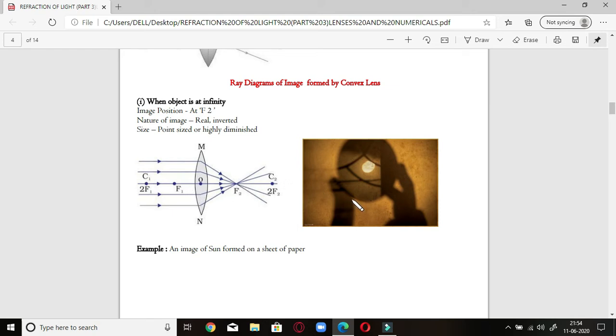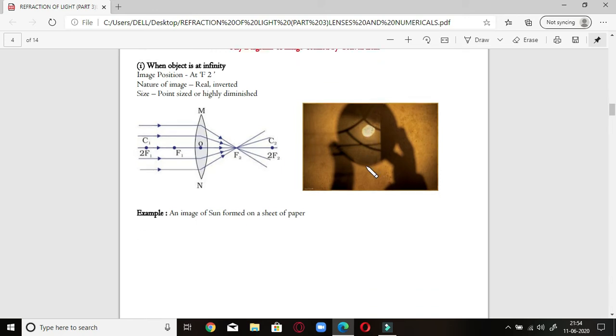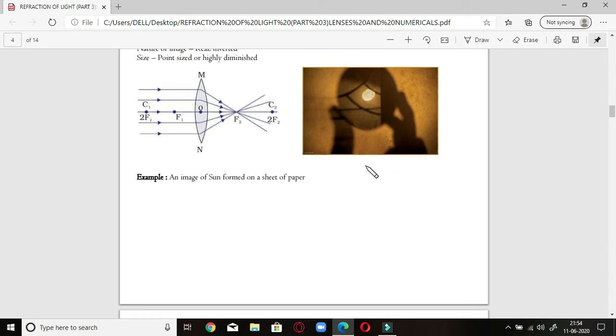Now look at it, as we have seen that rays are coming from the sun, which is at infinity. They are coming from sun, and this small sun is seen at the focus, that is f2. After passing through the convex lens, a small sun is seen here, and the rays are concentrated here. Students, these rays are so dense that they can burn even a sheet of paper. If you are focusing it on a paper, after half an hour you will see that that particular part of the sheet will be burnt out. Okay, so this is the first one.